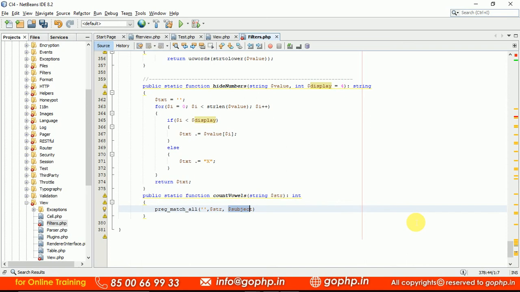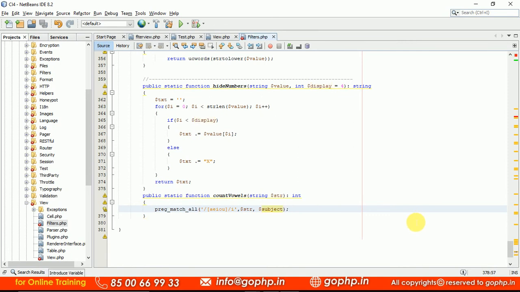Once preg_match_all does the matching, the result is going to be an array, guys, right? Now you can take this AEIOU, and the match may be case insensitive. Let us pass i also. Now I think this is going to work fine.